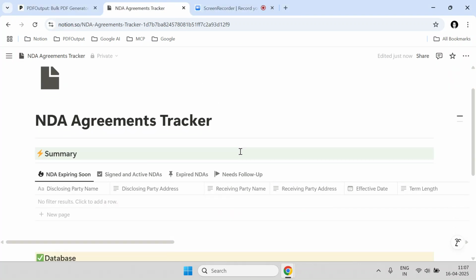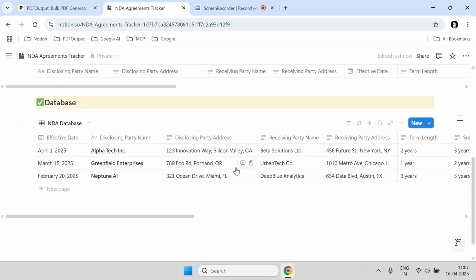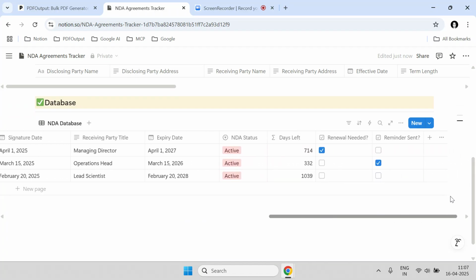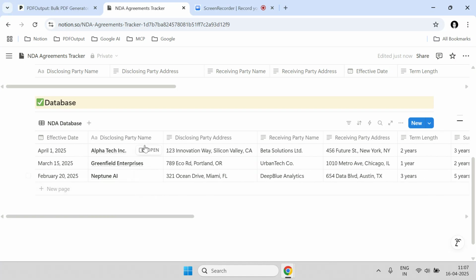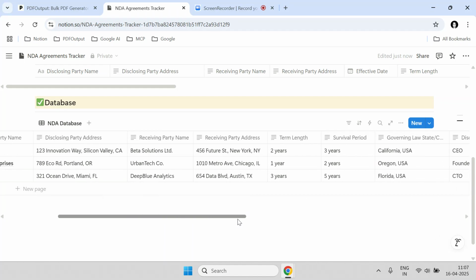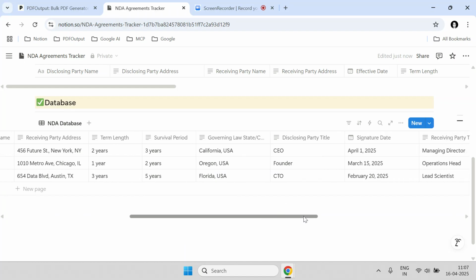Hi. So today we're talking about NDA Agreements Tracker. This is a simple template which will help keep track of all your NDA agreements that you're making in a business. If you see the database at the bottom, we have certain columns like effective date, disclosing party name, party address, receiving party name and address, the term length of the agreement, the survival period, the governing law,